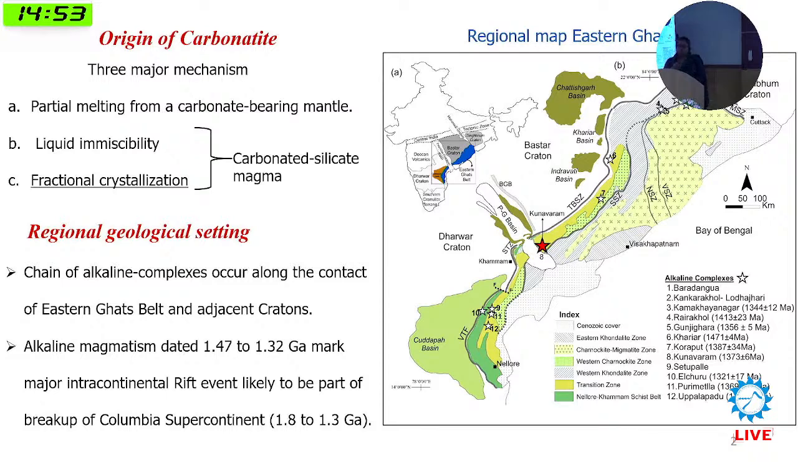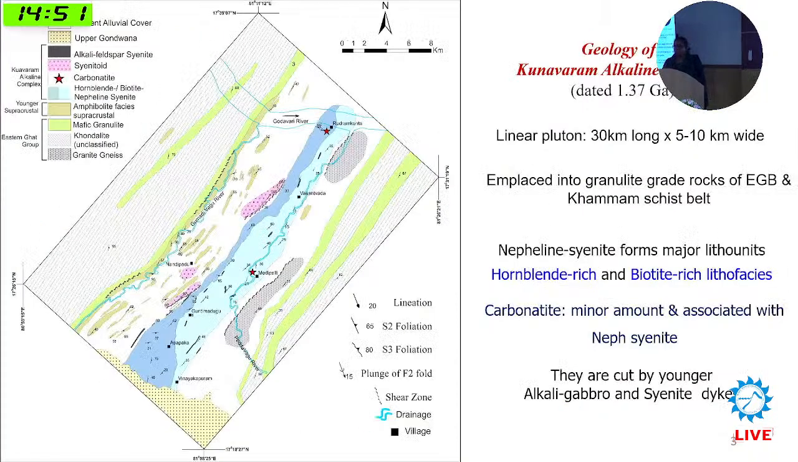Now, in terms of geology of Kunavaram, it is a linear north-southwest trending pluton emplaced in between the Eastern Ghat belt and the Khammam schist belt. It's a 30 kilometer long and 5 to 10 kilometer wide pluton. Nepheline syenite is the dominant lithology, and apart from that, carbonatites are present, but they are very minor in amount,